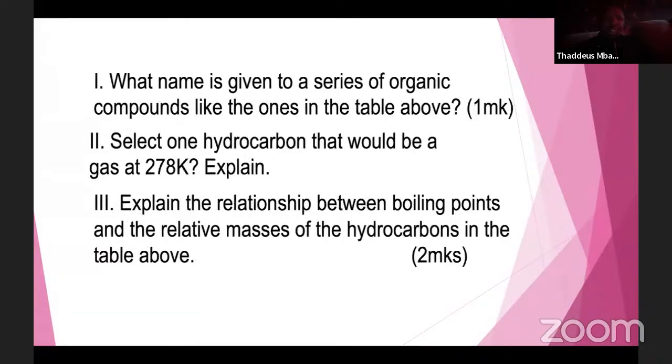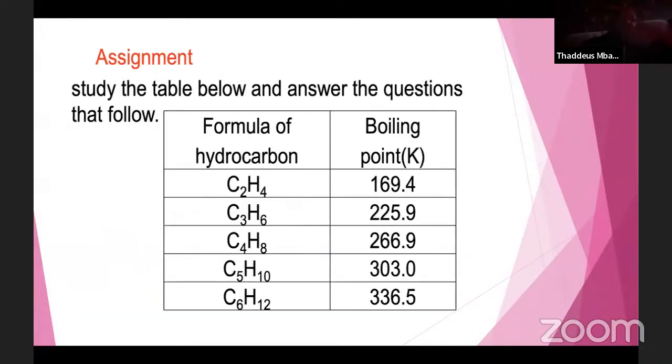Hii mnaweza jaribu, wacha nikupee tu, mnaweza screenshot, then you can try it. I'm just going to give you that thing. Maybe uone ukiona kama kuna moja inakaa kitu ngumu, then useme. I'm just showing you the question that can come from this end. My screenshot your page, eh?